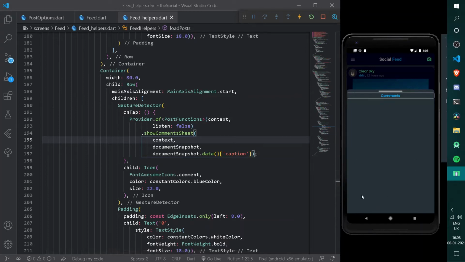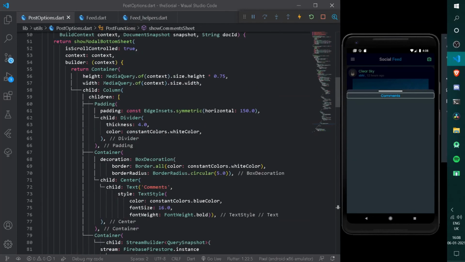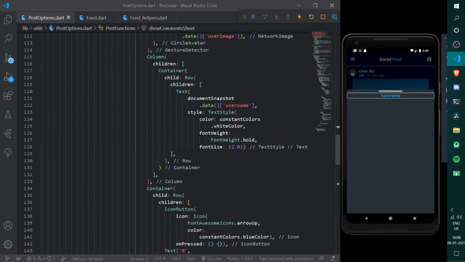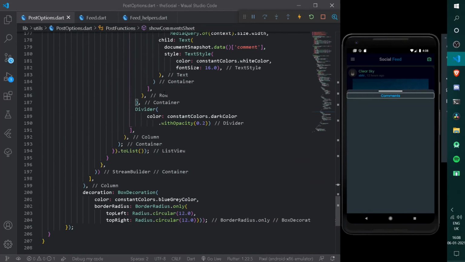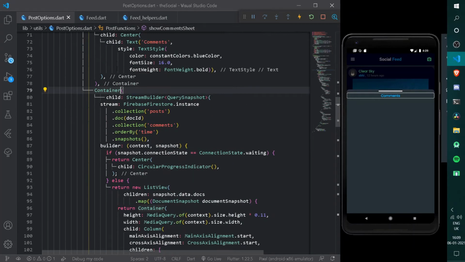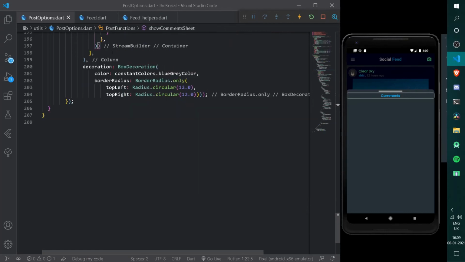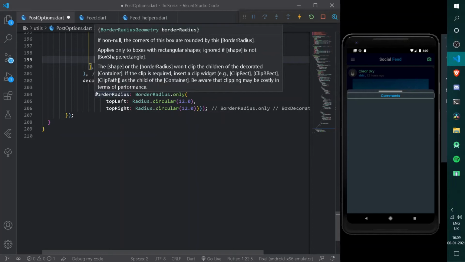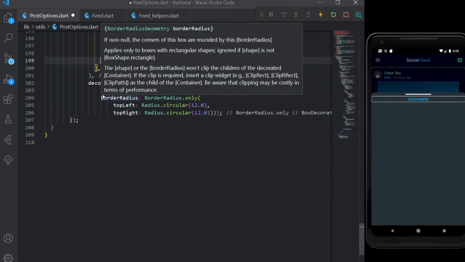Now we need to add the following text field under our comment sheet. For that, let's go under our comment sheet, that is show comments, and here under builder we have our first row, we have our second container, we have a divider. After the divider, format document first, and come out of the stream builder, that is the entire stream builder. Alright, let's move with the arrow, let's go down, and here we have our arrow. After the arrow, we shall have one more container for showing the text field.